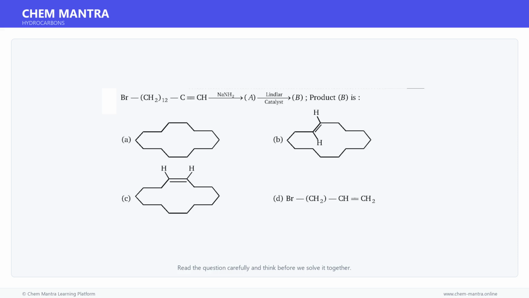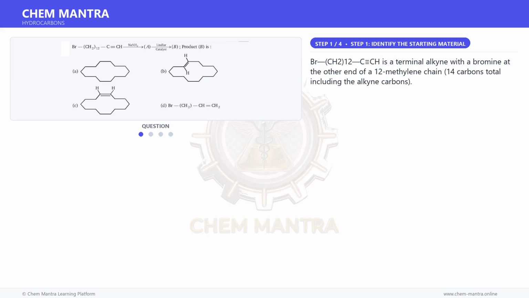Here is a question. Read it carefully and think about the answer. Let us solve it step by step. Let us begin solving this step by step. Br-(CH2)12-C≡CH is a terminal alkyne with a bromine at the other end of a 12-methylene chain, 14 carbons total